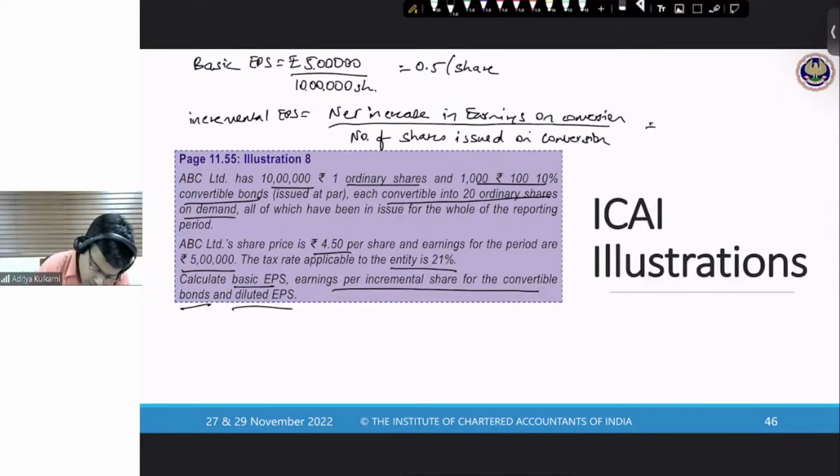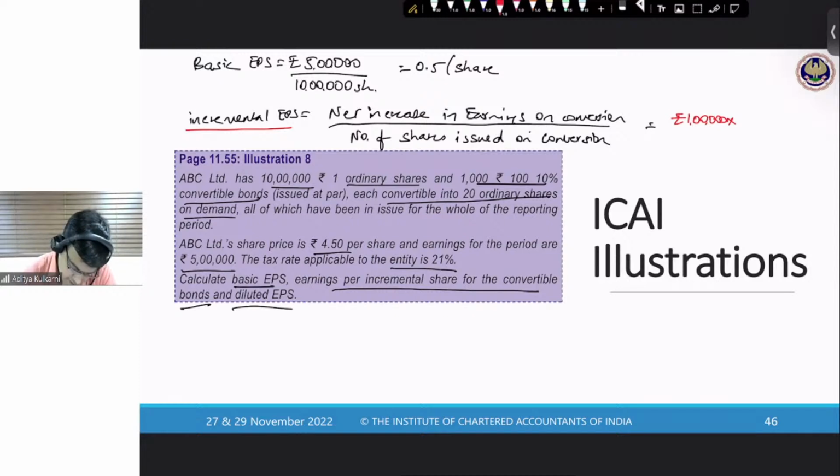See, the word used is incremental. Okay. So only the differential. So what is the net increase in earnings? How much is that? 1000 rupee 100 bond. So that is rupees 1 lakh